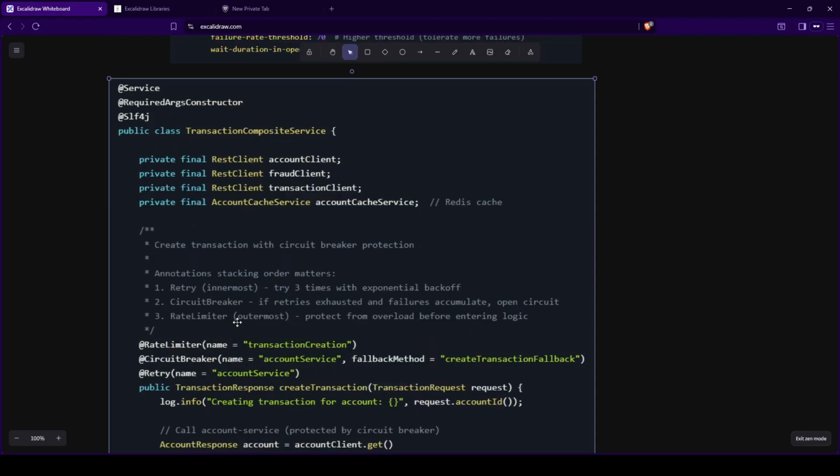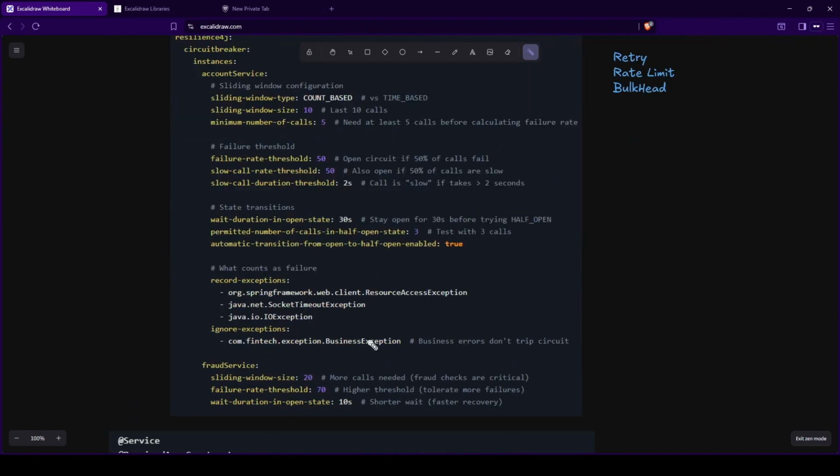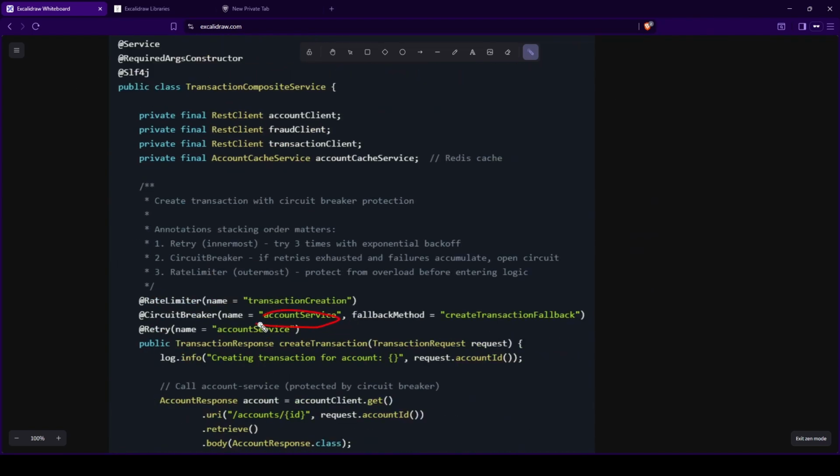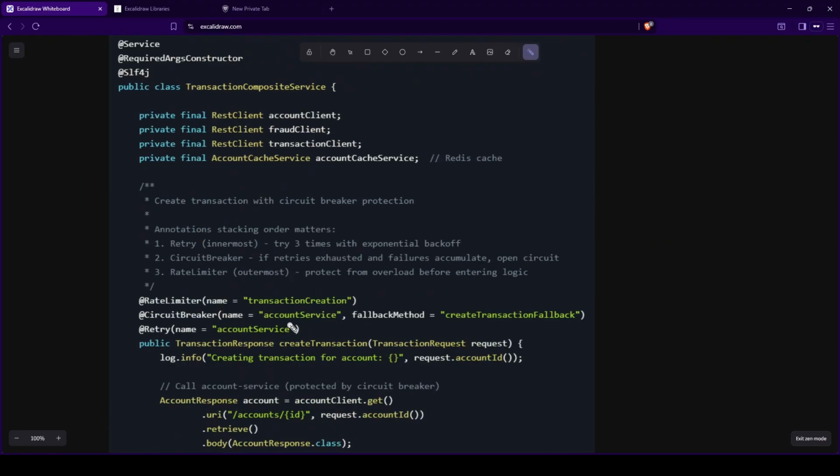So here in the code you can see we have our SLF4J, and we just have to keep on mentioning which circuit breaker we want to use and what our fallback method will be, all of the things that we have declared over here. For example, here for the account service, you can apply the particular service breaker. So this is pretty simple and easy to apply, I would say. And based on this, you can apply the rate limit, the retry, or the circuit breaker, whatever you want in